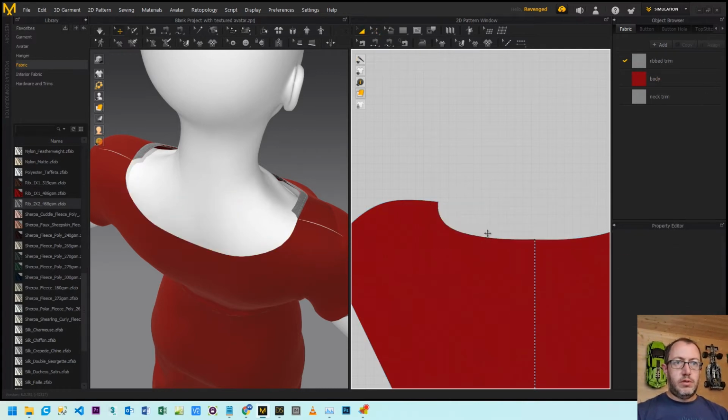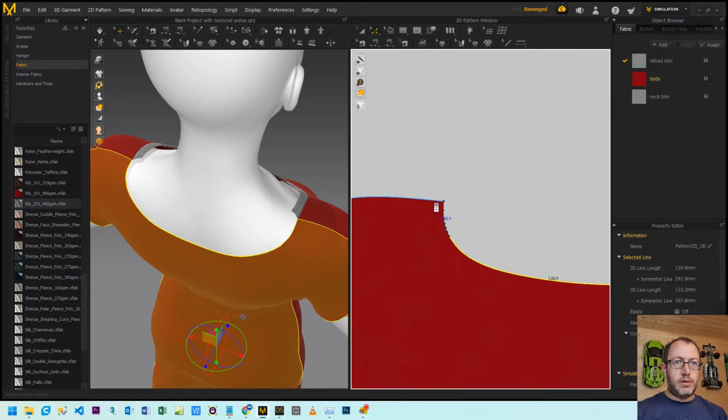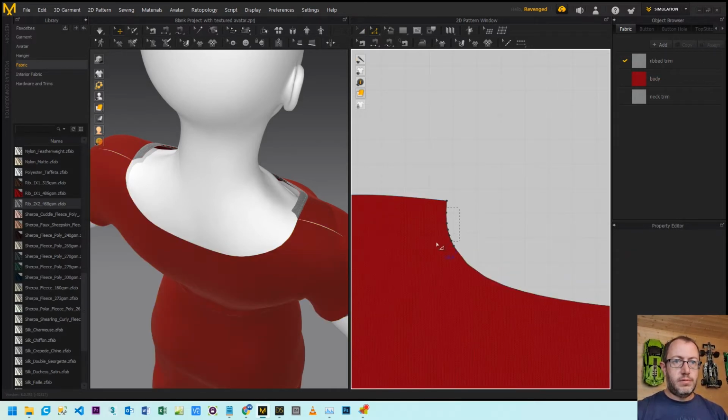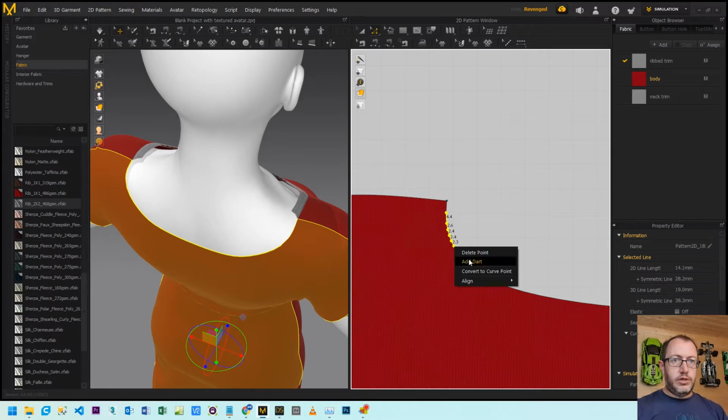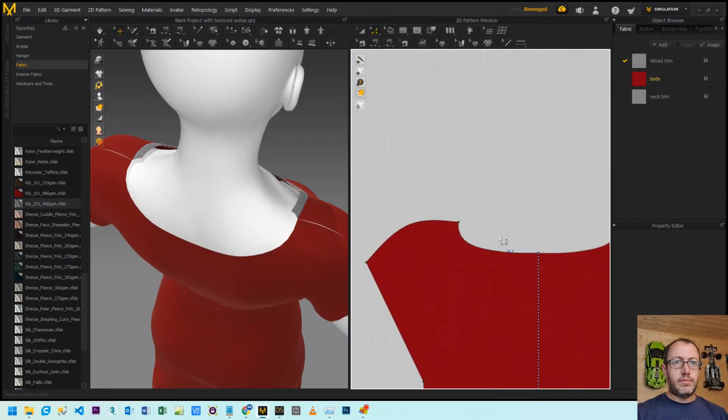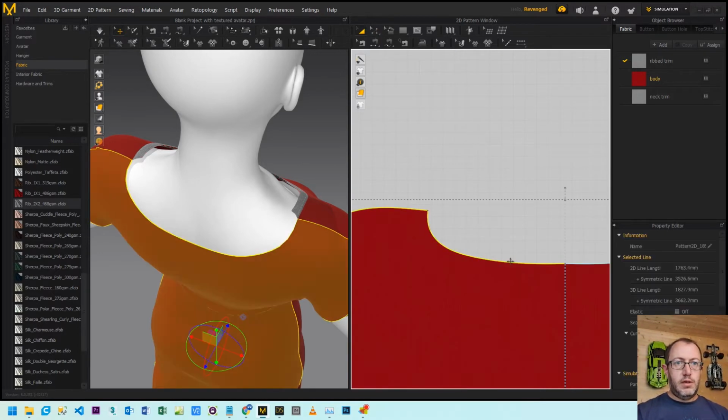Let's just check the length. A bit rubbish, aren't they? Convert them to curves. If I check the length of that section, it's 279